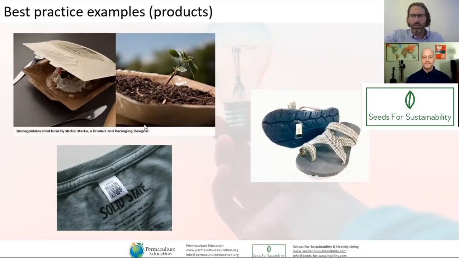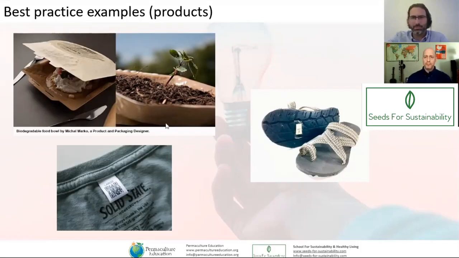Okay, before we go into the questions, I would say let's just go quickly through the examples, and then we have basically all the time for Q&As. We have here some best practice examples on product design, because we started with design thinking, talking about products, then we dipped deep into permaculture, and obviously we think more of homesteading, designing a farm. But earlier we had the question, what about the packaging industry? And here we actually see a cool example of a biodegradable food package, and we have shoes and a t-shirt, and I leave it to Enzo to comment some more.